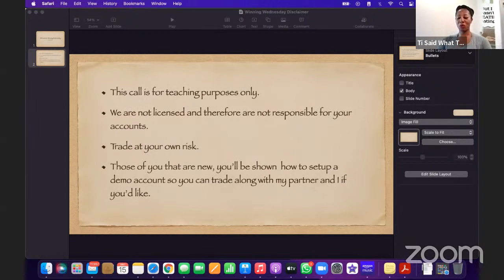But we want to let you know that if you are new and you don't know what we mean by account, Alethea is going to show you how to set up a demo account so that you can trade alongside us if we find any trade ideas that the market is giving us and we think they'd be set up for a possible win. So you can trade along if you'd like. Alethea is going to, again, show you how to get that set up. She'll be giving some links for things that she does or websites that she uses for her trading tools. I'll try to stay on top of that and drop those links in the chat as we go.